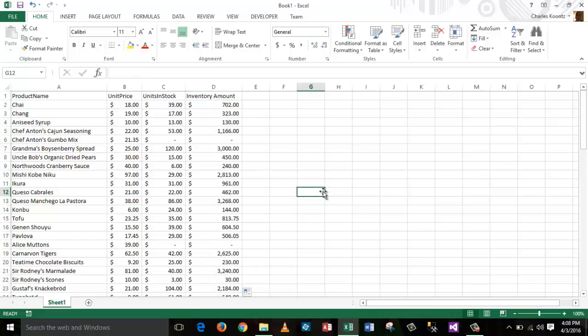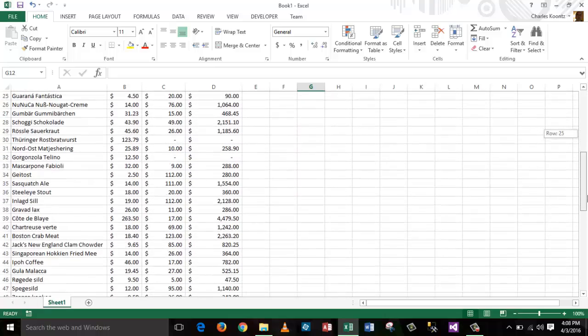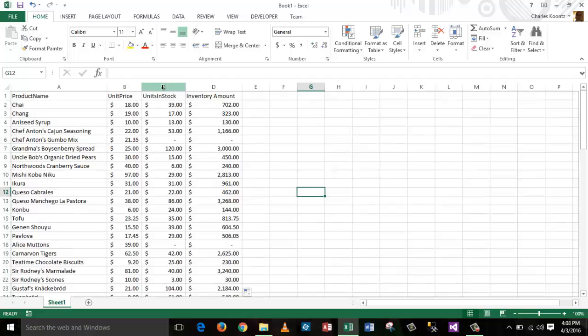So what else can I do with this data? One of the things that I might want to do with the data, and I think you're going to need to know this on the certification exam, is to sort the data. Okay, so if I look down through this data, these are unique field names, but these fields are not necessarily in any particular order. Okay, so what I might want to do is then